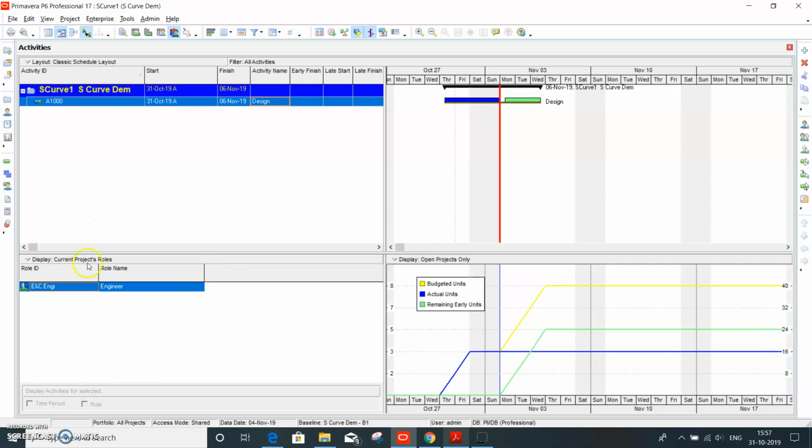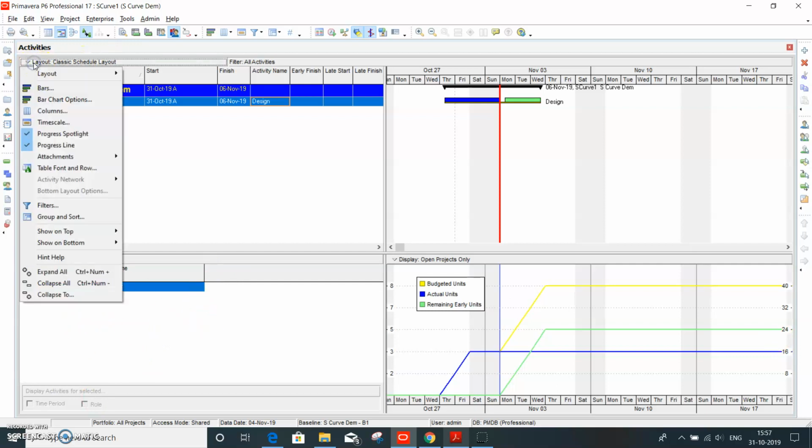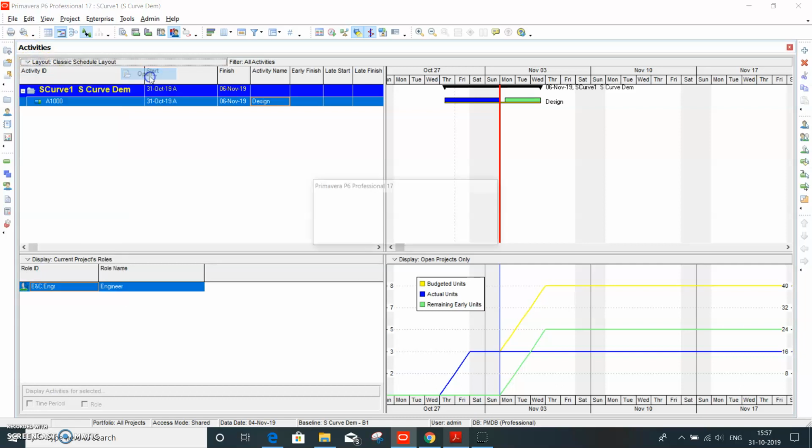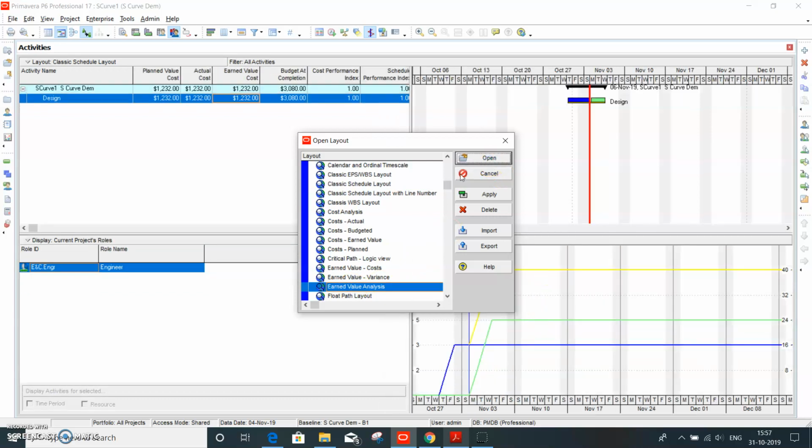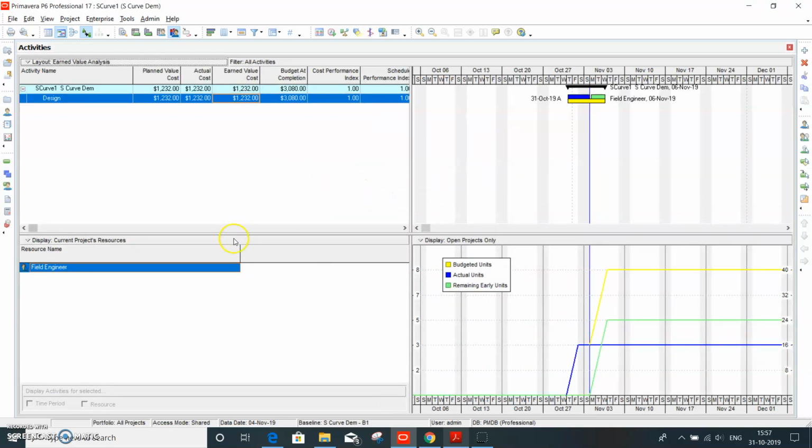Here, let's also see the earned value. So we'll go to the earned value analysis. Since it is as per the schedule, we just updated it, so there is no schedule variance.